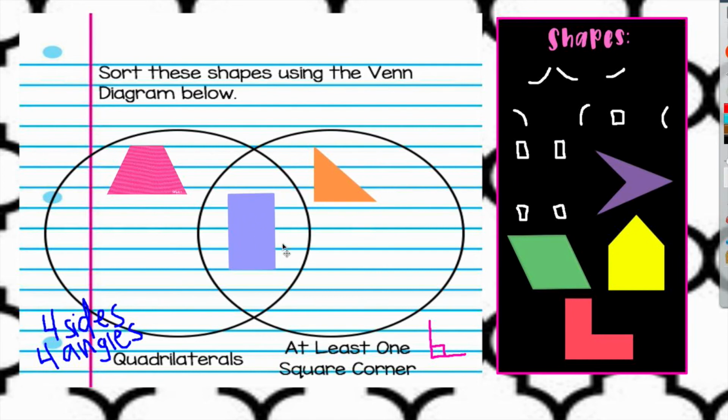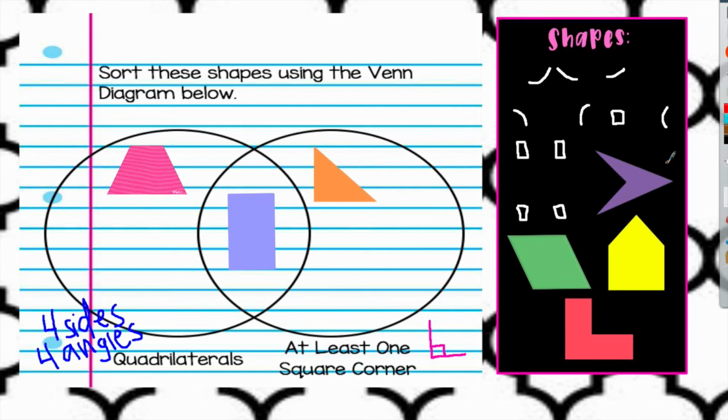Great work. Let's move on to our fourth shape. Our fourth shape is a shape that looks kind of like an arrowhead. Let's see how many sides and angles this shape has. 1, 2, 3, and 4. So it has 4 sides. Let's see how many angles. 1, 2, 3, 4. So because this shape has 4 sides and 4 angles, I know it meets the needs